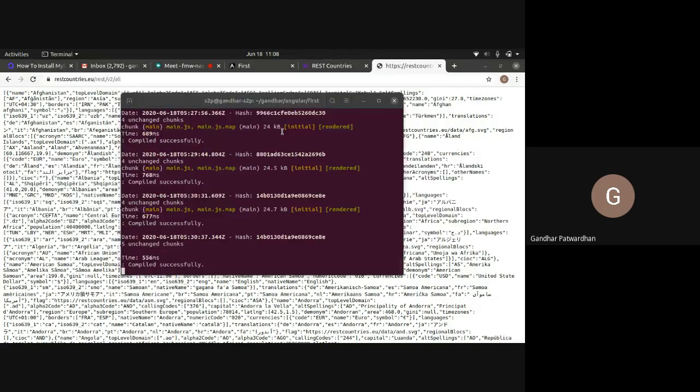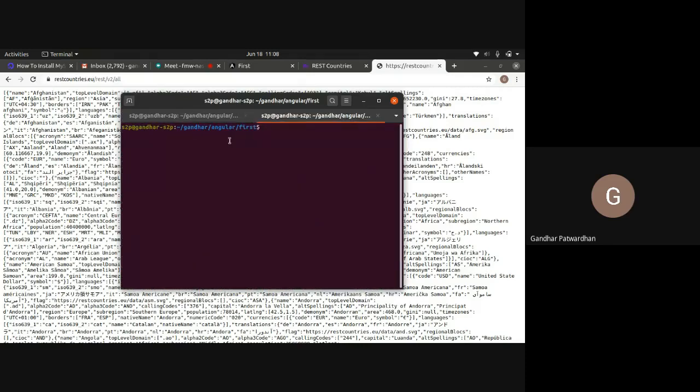Now let me tell you how to create a service. I am in my Angular application. Here I would generate a service. I would say ng generate service, and I'll call it countries, because this is a countries API. You can give any name that you want. I'll press enter.